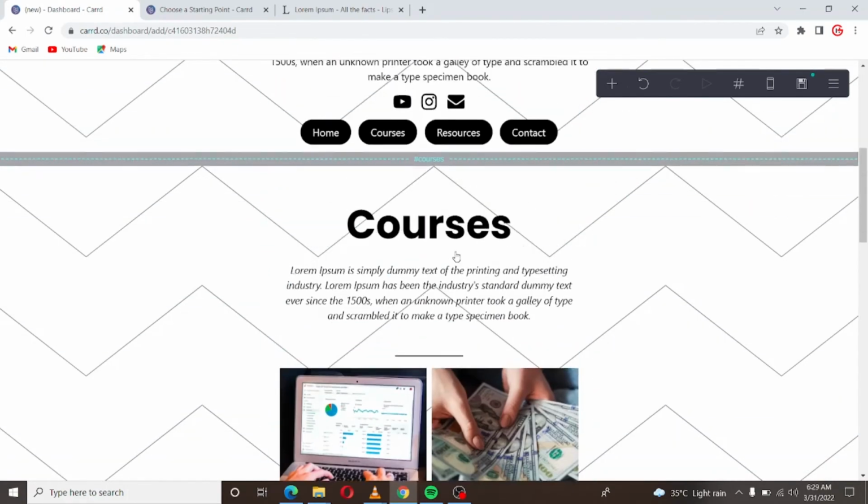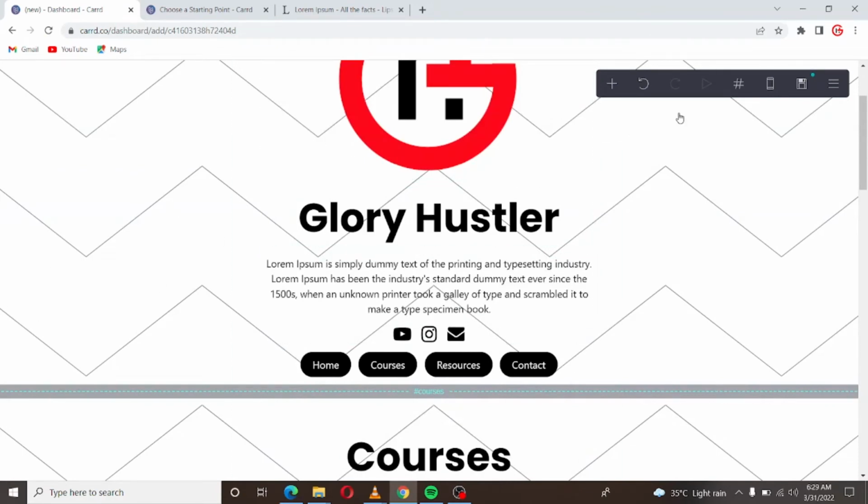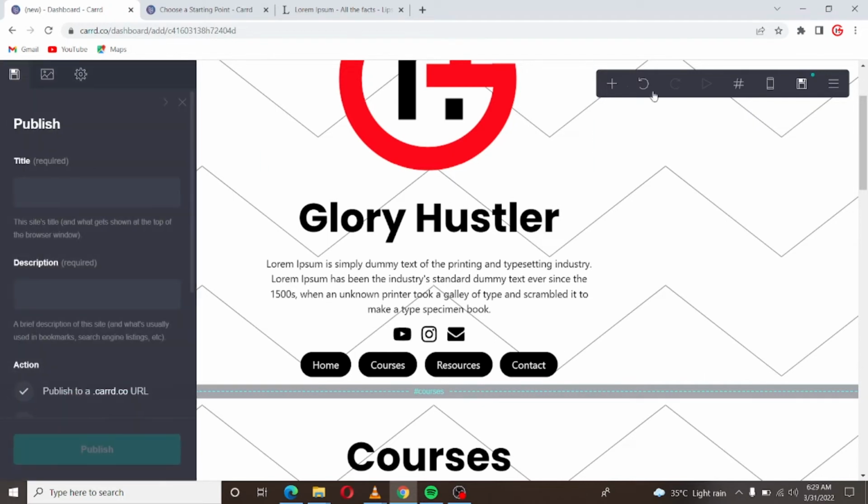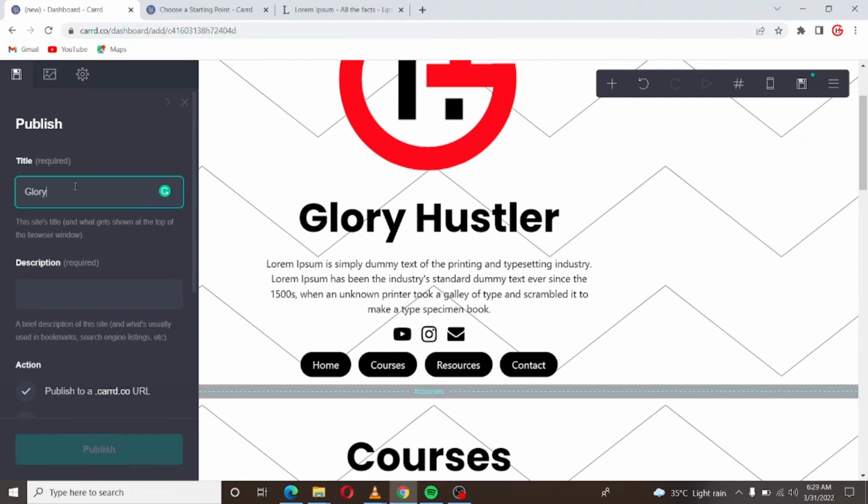Let's preview our website first. We can come to this icon that looks like a diskette. We publish this site, then the site title, we can say Glory Hustler Official. Glory Hustler, that's the site title. Then this description. What a site description means is,